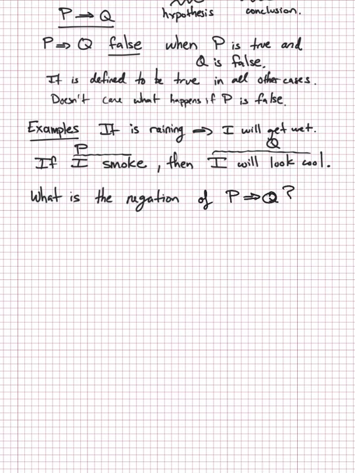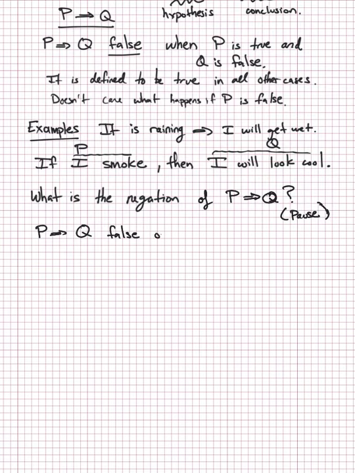Okay, so I want you now, again, this is a great point, just pause. Think about what the negation is going to be, and then try to just write down the sentence, and we'll see if we come to the same answer. Right, so let's work through what we should get here. Okay, so let's think about when is P implies Q false, because that will tell us when the negation should be true. So P implying Q is false